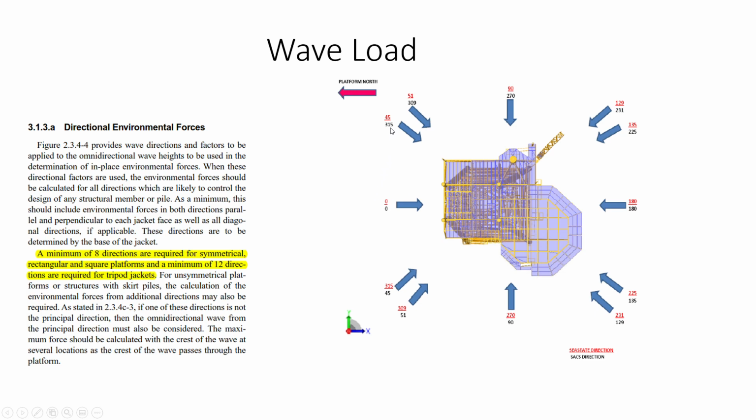So whatever the environment data, 45 degree is equal to 315 degree. Suppose this is 0 degree; if 0, 45 degrees, then in the software 45 degree is equal to 315 degree. So we have to keep that in mind. The 45 in the environment data and the 45 in the software will not match: if you put 45, your software value is 315. So you have to make sure that the theta whatever you are giving is aligned with your software direction.